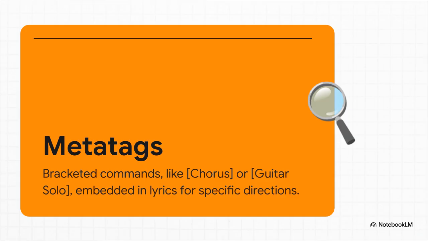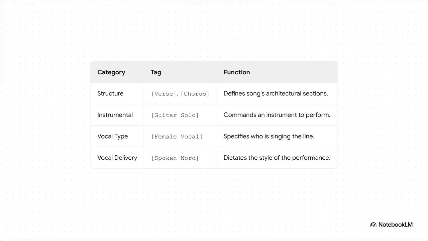Always use square brackets for these commands. Parentheses might work sometimes, but you run a really high risk of the AI just singing them as actual lyrics. Here's a quick cheat sheet for you. This is definitely a screenshot moment. You can use these tags for everything, defining the song's structure with things like verse or chorus, calling for an instrumental break like a guitar solo, specifying a vocal type, or even directing the vocal delivery with a tag like